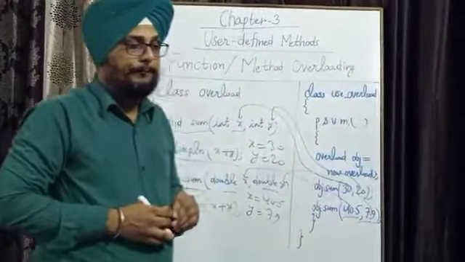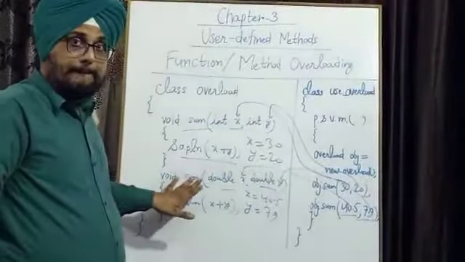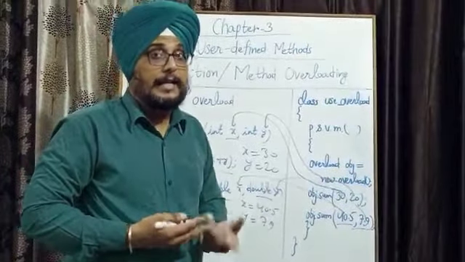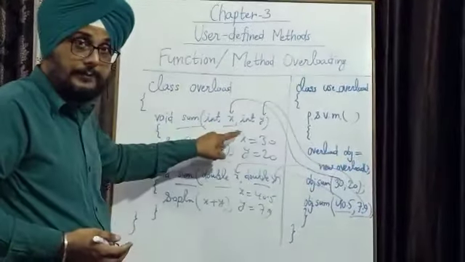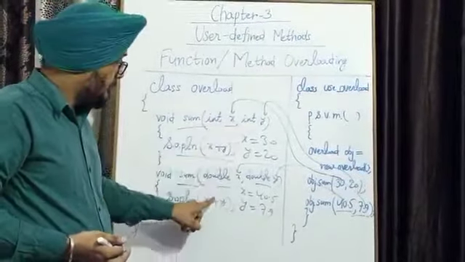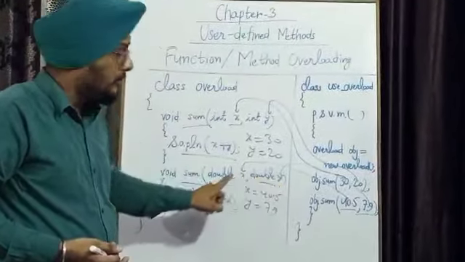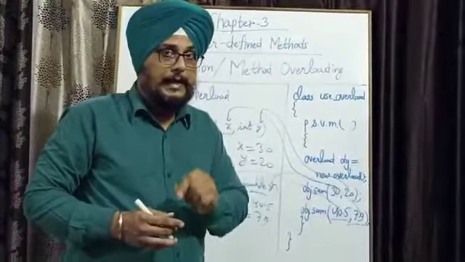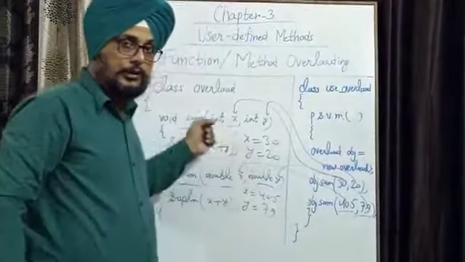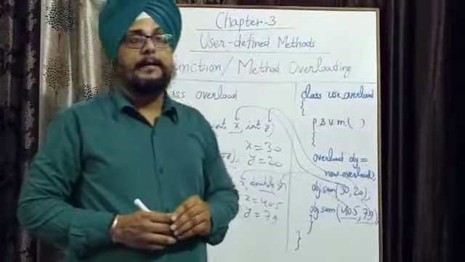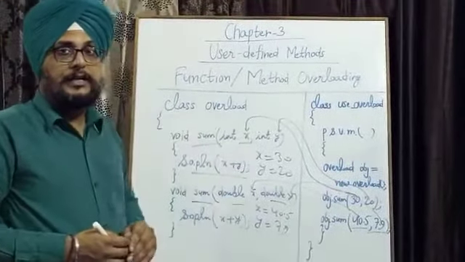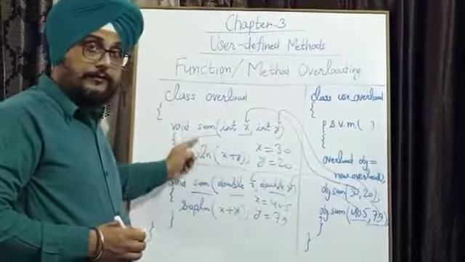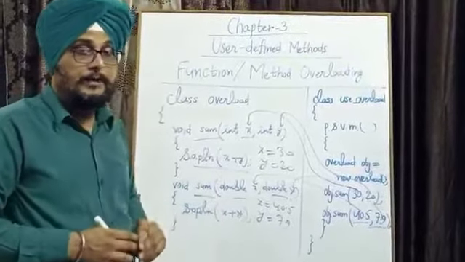What I mean to say is, the function name will be the same, but the number of parameters or the type of parameters changes. Sometimes we change the data type also, like one integer and one double, or three doubles, or one double and one integer. It is the duty of your compiler. You need not do anything, you only need to create the functions. It is the compiler's duty to understand which function is to be executed, and on the basis of the parameters, your compiler will understand. The function name will remain the same. You need to keep this in mind.